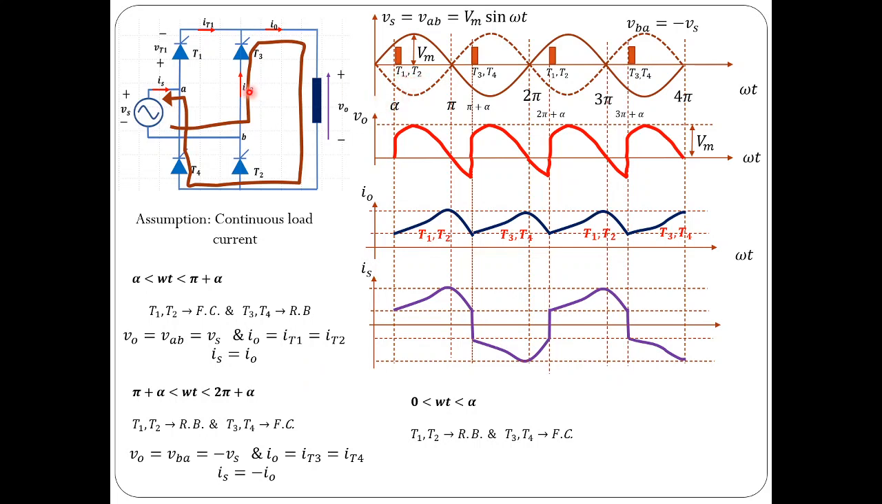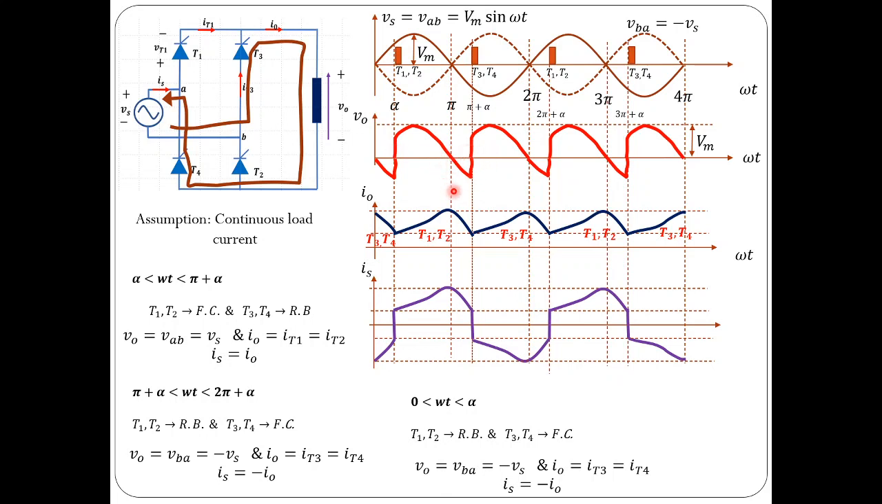Before that, T3 and T4 must conduct, and current through them must be this way. So that should fall this way. And source current would be negative during this period, and load current is also negative. Now, if you observe carefully, output voltage will have some negative part also,